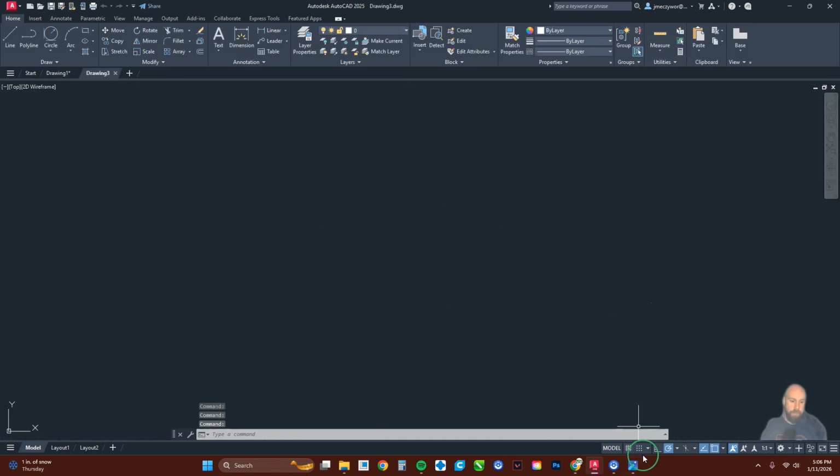Now, the next thing I recommend you do is come down here and click on grid mode and turn it on so you can see your grid. The other thing I like to do, to find out where my 0 is, is click my middle mouse button. Click down your middle mouse button and hold it down. You'll get a little hand like this, and then just drag your screen so you can see where the 0